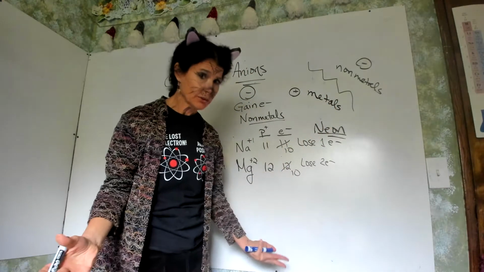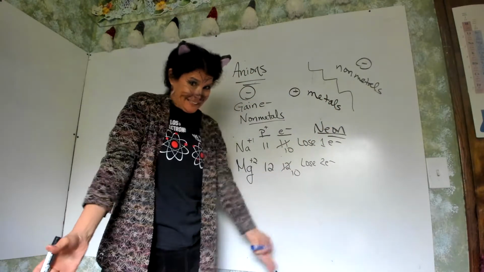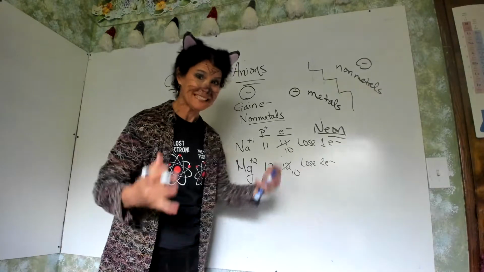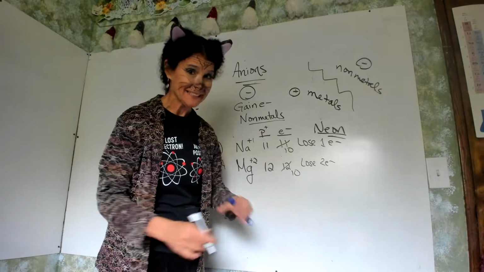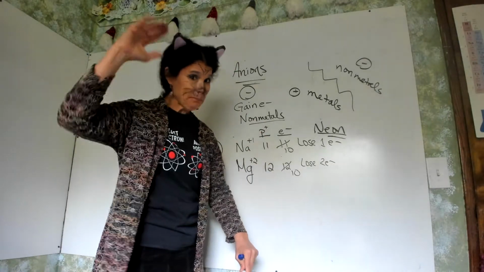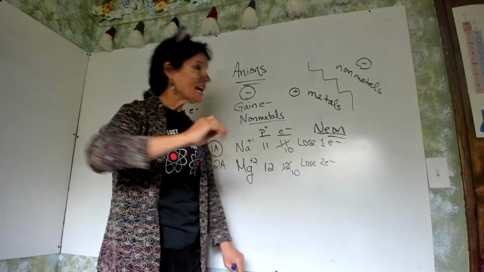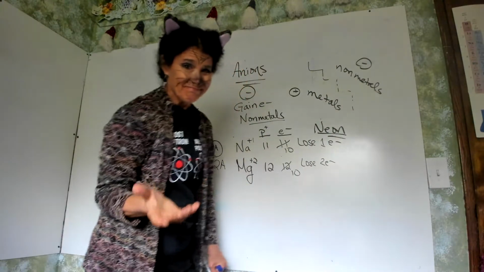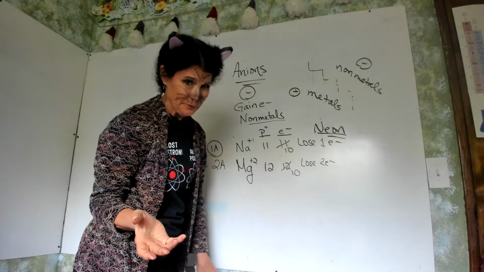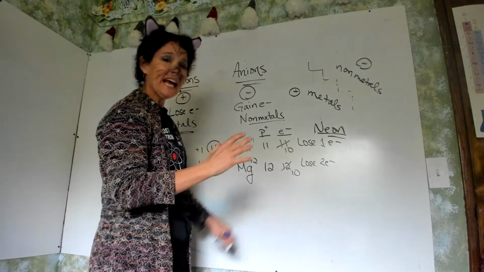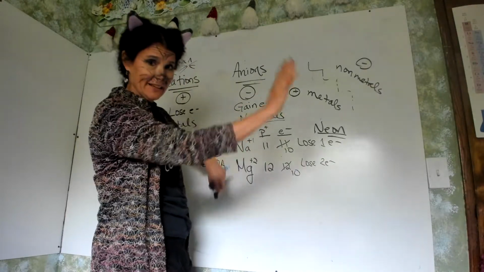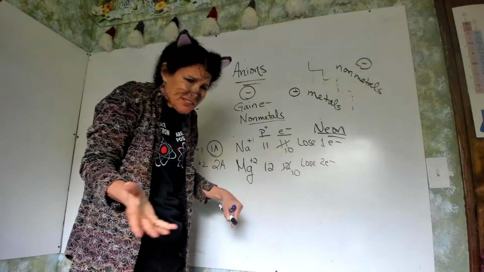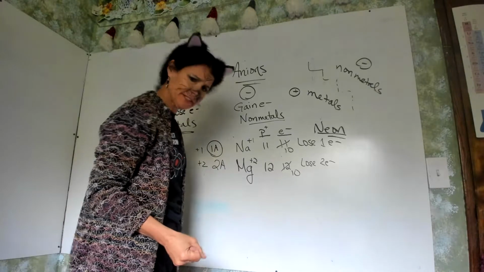If you become so inspired by being a cat, because you want to dress up like a cat too, and decide to take a lot more chemistry classes, when you take those upper level 400 or 500 classes, you're going to refine what happens to these guys. It really depends on what they're reacting with. For now, we're just going to call them metals and non-metals. And when we run into examples, you can ask. That's why I have office hours.